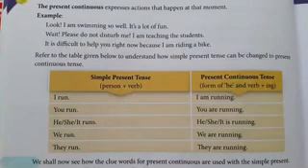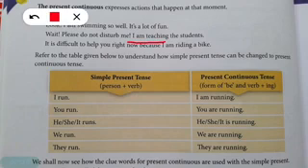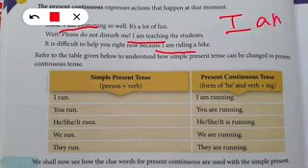Now look at the example again. I am swimming. I is first person singular, so we are using am. Am will always go only with I. So, I am swimming. See the next example. I am teaching. I am swimming, I am teaching. See the next one. I am riding. Is it clear? Only with I you will be using am.